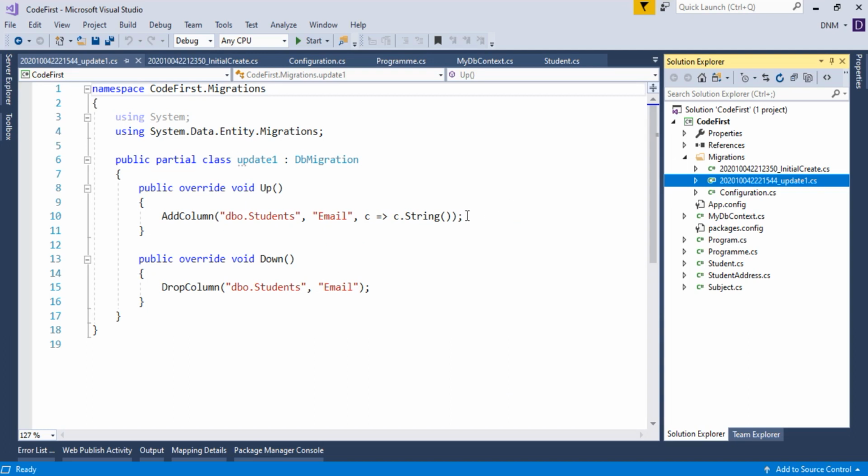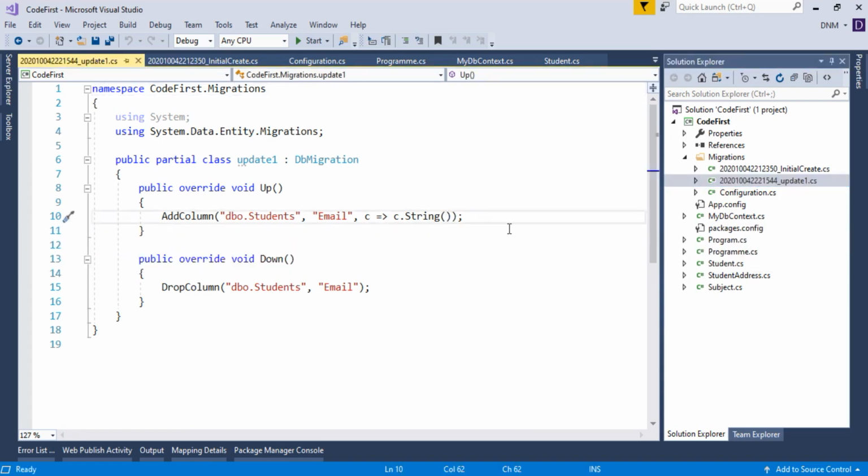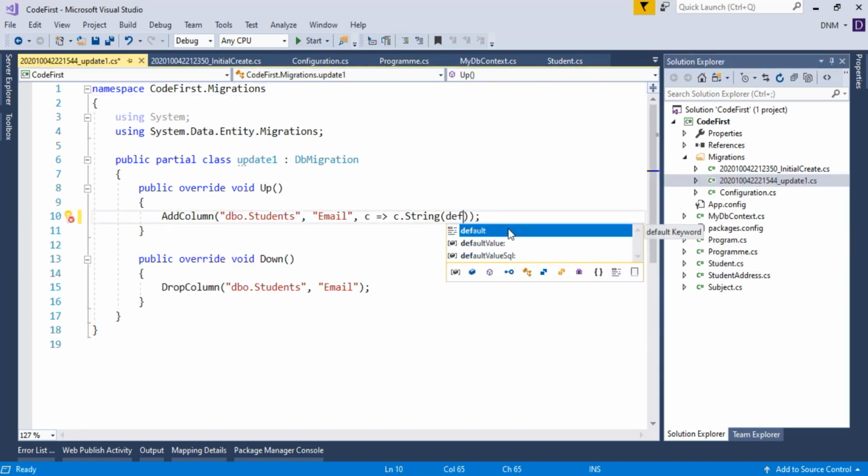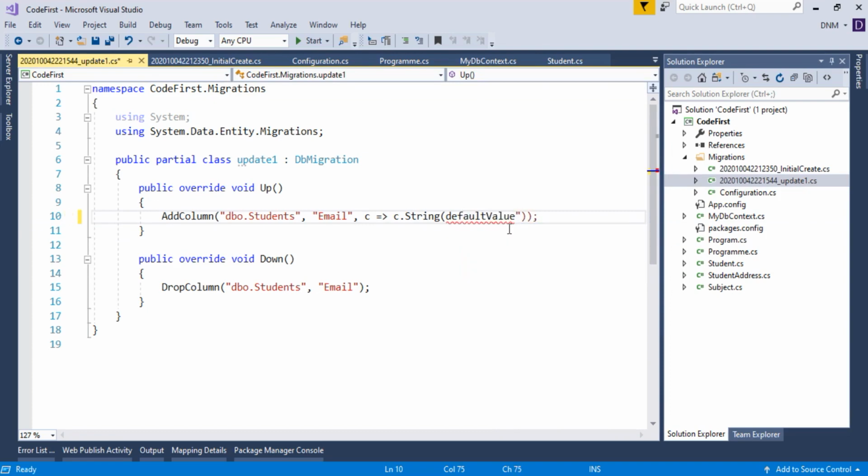Now here you can specify extra things, additional settings, like what will be the default value, etc. So I'll show you how to specify the default value. There is one argument to it, the argument name is defaultValue itself, and say I want to specify the default value as test@gmail.com. It can be anything. Basically this is a wrong idea to specify a default value for email. There should be a proper column to specify the default value.